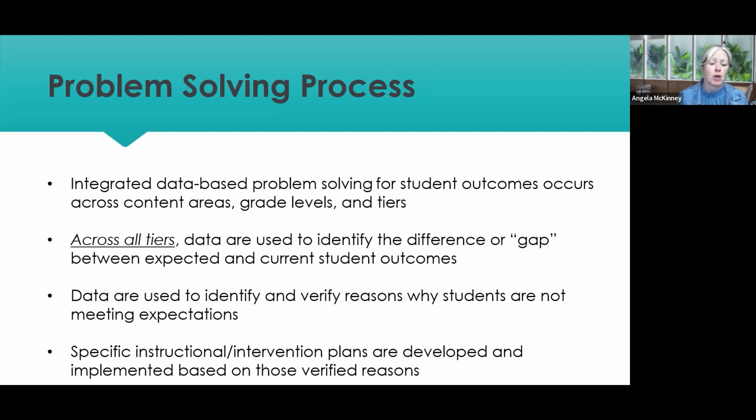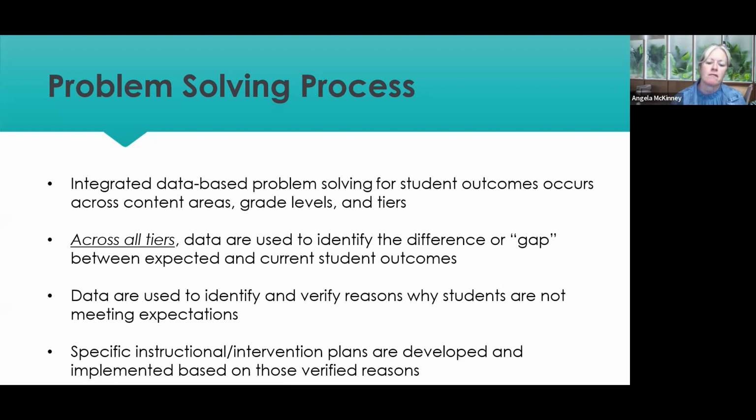You may have other problem solving processes already in place, like during your PLCs or other kinds of meetings. You may have a structure for problem solving. It really doesn't matter what you're using as long as you're using a process. And some of you who have been around schools for a while and have been to RTI meetings, I can remember being in a lot of RTI meetings where we were trying to meet on like 5 different kids during an hour, which just doesn't work anyway.